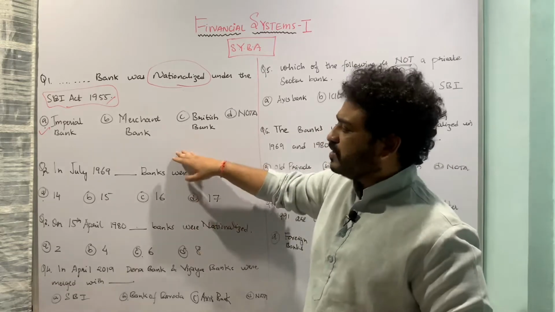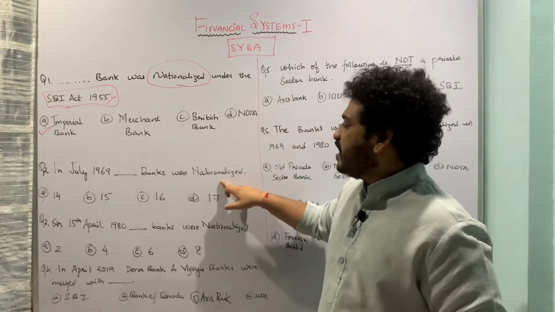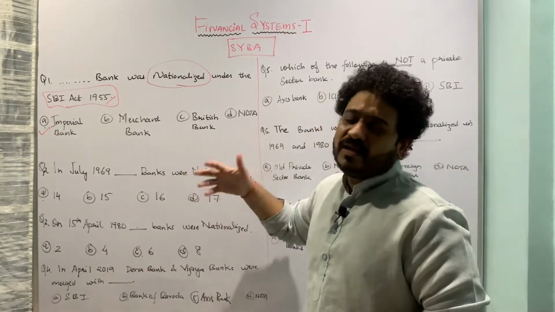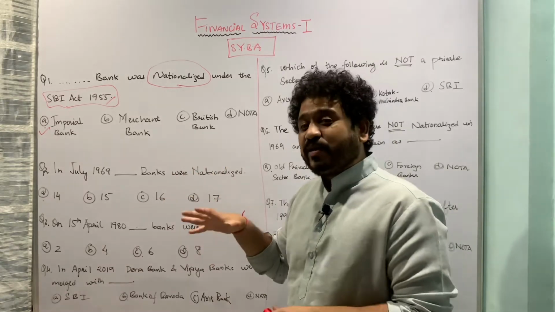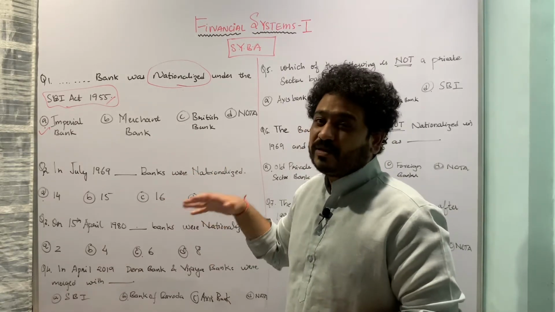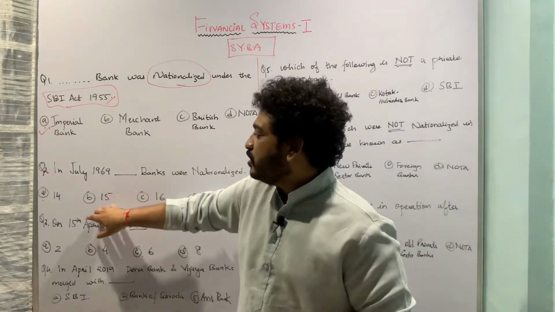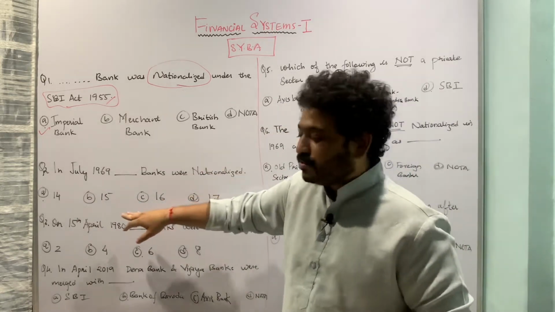Let us now move to the next question, which is: in July 1969 dash banks were nationalized. We want the number of banks which were nationalized. Here we are not going to ask questions related to the name of the banks which were nationalized. That question will be a really difficult question, because you'll have to memorize all the 14 banks which were nationalized, and therefore the correct option here is that 14 banks were nationalized, and the correct option here is option A,